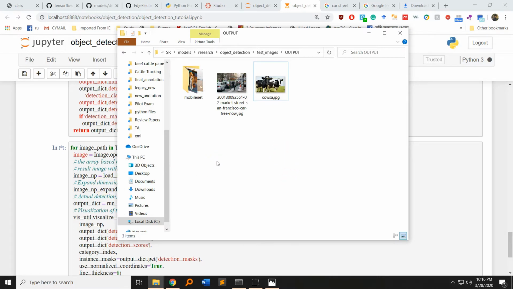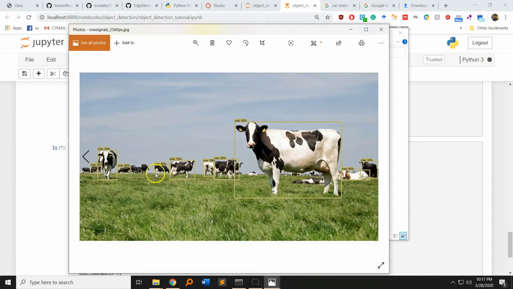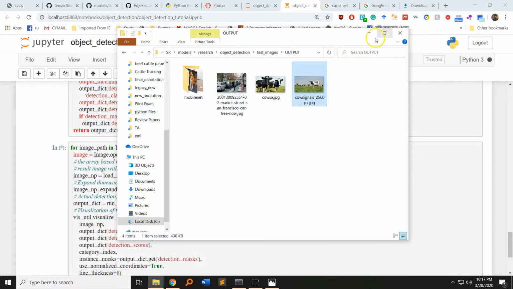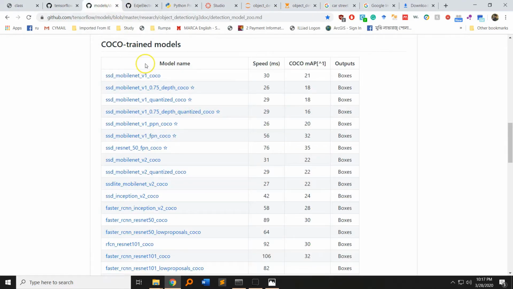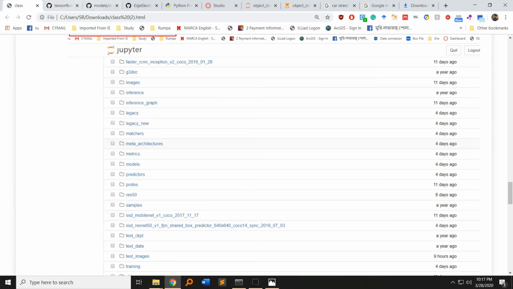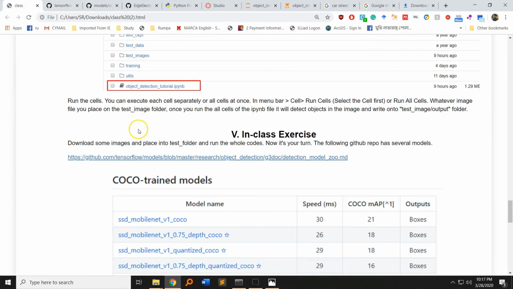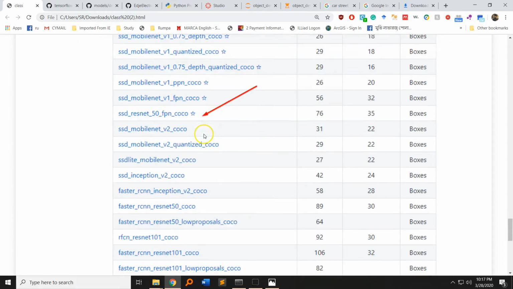And it's a little bit more resource consuming than SSD MobileNet. Yeah, we got another one. Yeah, a lot of cows are identified properly. So you can do that, and you can choose whatever model you want and run your set of images and get the results and upload on the website. This is actually the in-class exercise, and on the other hand,